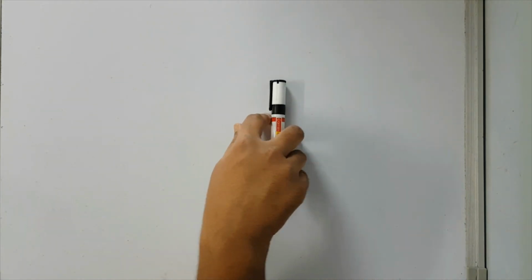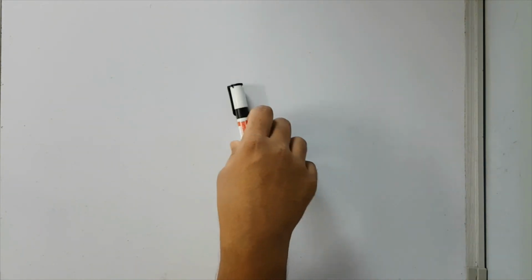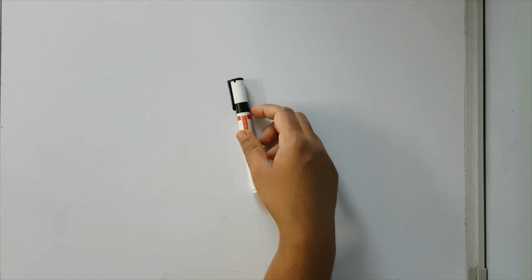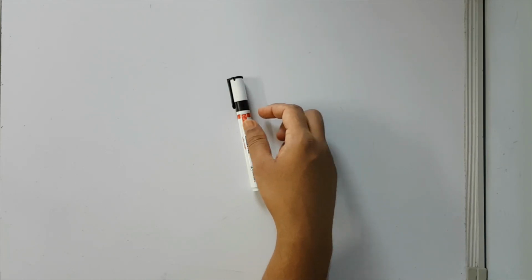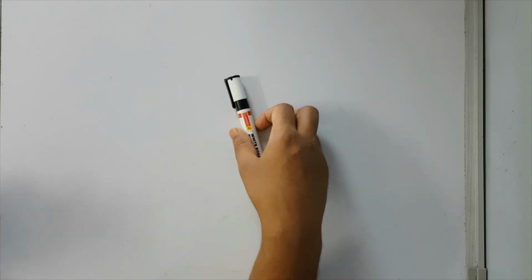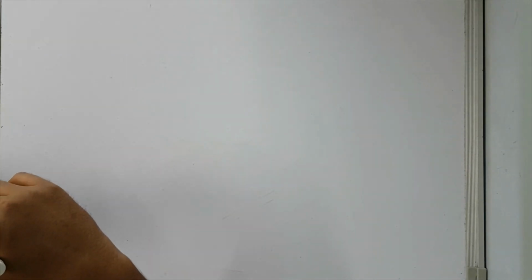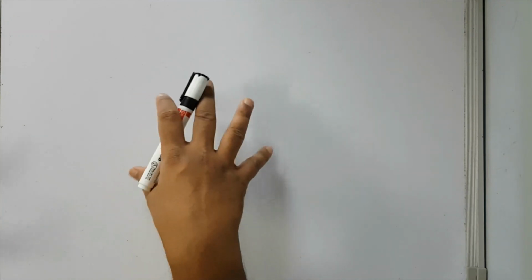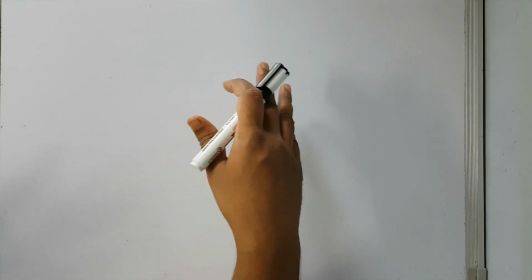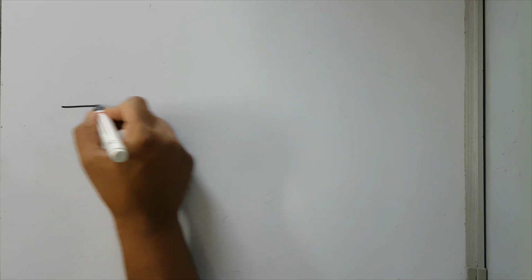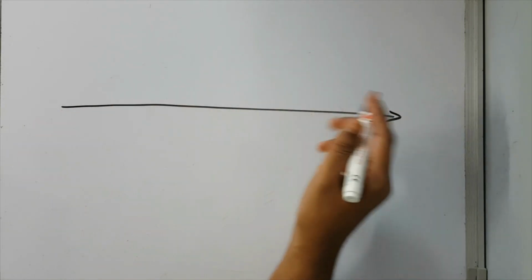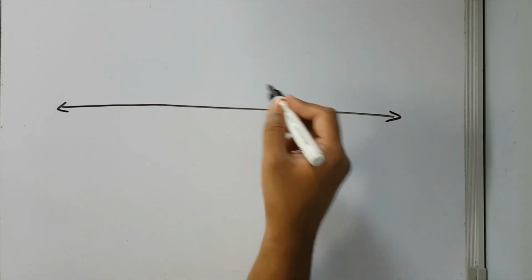Hello students. In the previous videos, we looked at the concepts of distance, displacement, speed and velocity, and we also did some problems based on that. Now, in this video, I'll be talking about a specific motion called motion in a straight line, which happens when a particle moves along a straight line. This could be a vertical straight line, a horizontal straight line, or any inclined straight line.